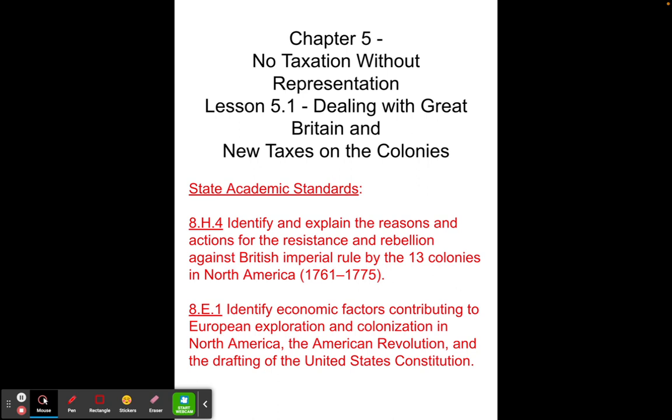8.H.4, which is the historical standard about identifying and explaining the reasons and actions for the resistance and rebellion against British imperial rule by the 13 colonies in North America from 1761 to 1775. And we have an economic standard here, 8.E.1, identify economic factors contributing to European exploration and colonization in North America, the American Revolution, and the drafting of